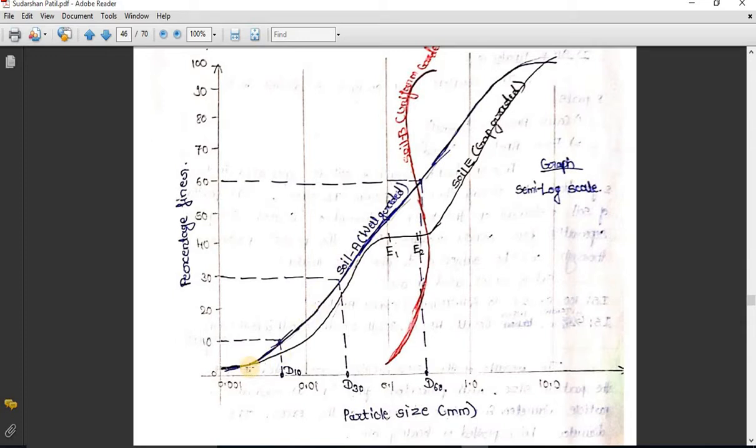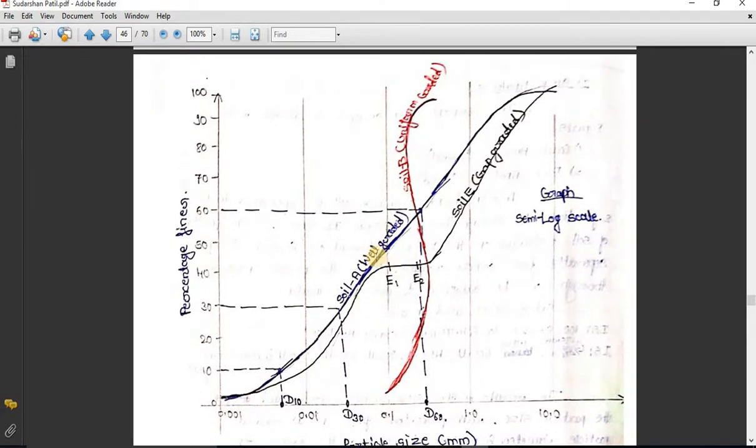For example, if I take 1 mm, 1.18 mm, in that, a uniform percentage of soil is retained or soil is passing through it. So all the sizes are in a uniform manner. So again you can see, I will take the example of this particular red curve which I have drawn. So only one curve you are going to get. Just for example, I have drawn all these curves.